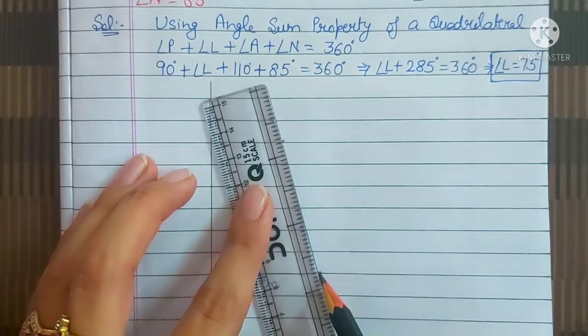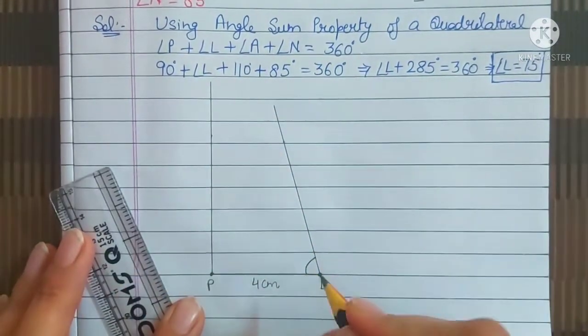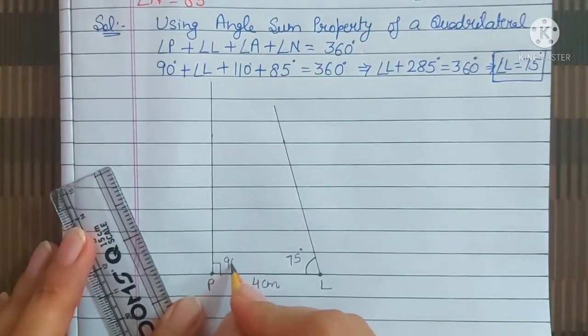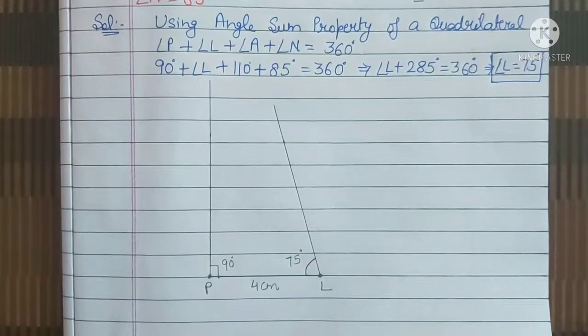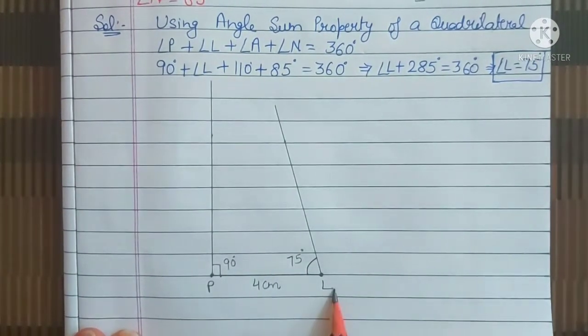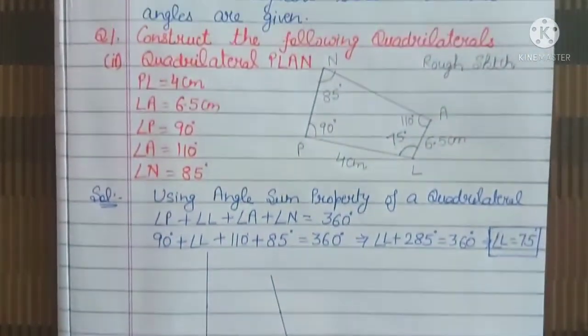Draw it carefully, students. 75 degrees is an acute angle, so this is 75 degrees and this one is 90 degrees. Now students, please observe this point carefully. We have drawn angles of 90 degrees and 75 degrees at points P and L,